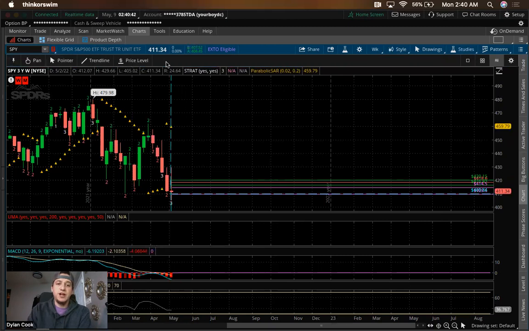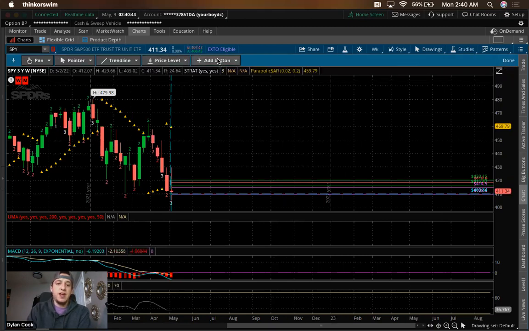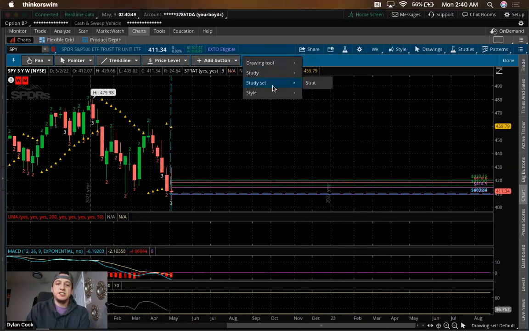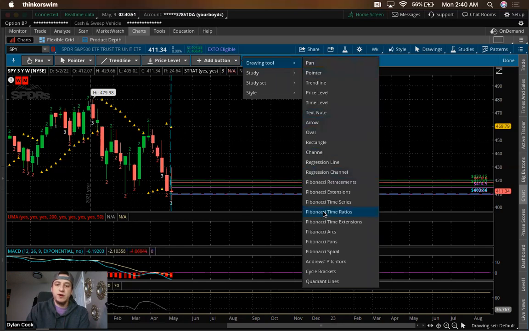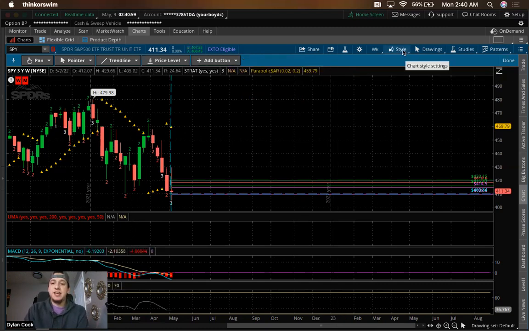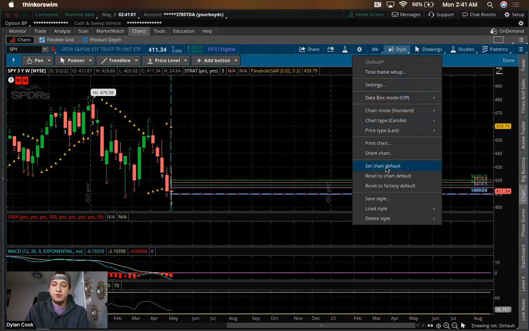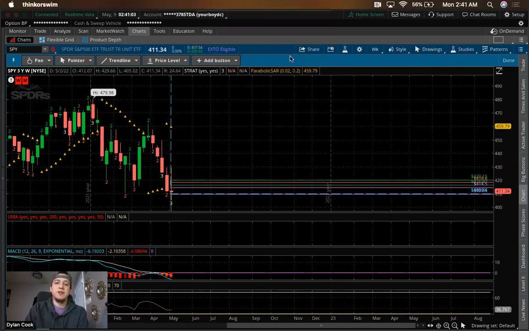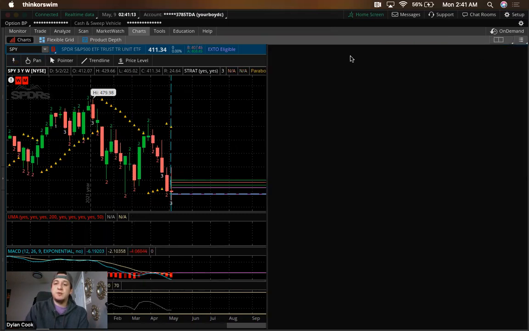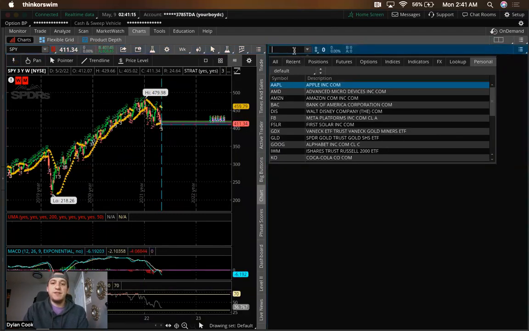And these are 4 that I really like to have in here. You can add anything you want. So, you can add a study set, drawing tools in here, whatever those drawing tools might be. You can add a style in here for whatever style you might have already saved. And what I'm going to do now is I'm going to now set my chart as default, because what that's going to do is that's going to set in the toolbar, my parabolic SAR, RSI, and everything else with the strat numbers, so that when I actually open up a second window, have that